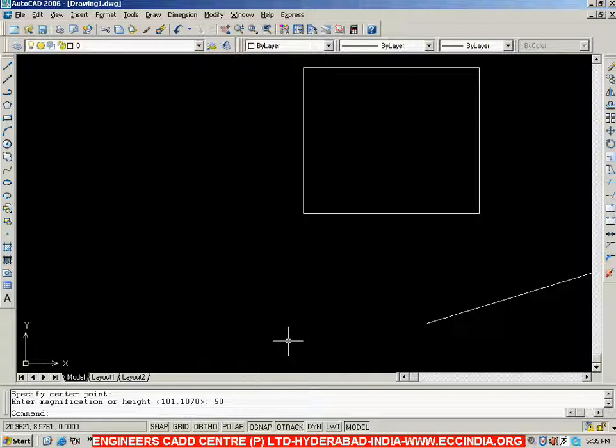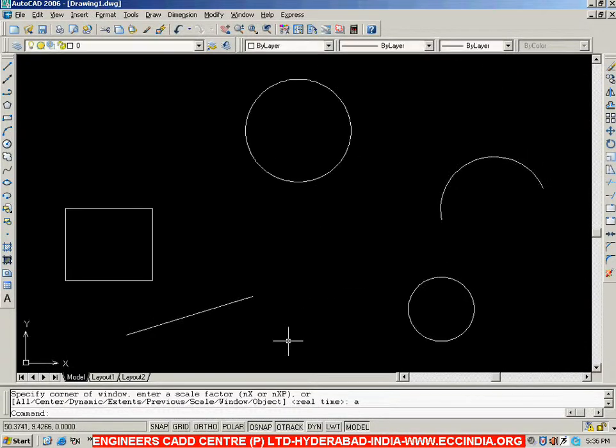So whenever you are going for a smaller magnification value, then the camera is going to move towards the object. There will be an imaginary camera which is going to watch all the objects. Now here the camera has moved closer to those particular objects. So moving closer to the objects is known as zoom in. The operation name is zoom in. Now here, after selecting the center point and after giving a smaller magnification value, the system has gone with zoom in. Once again we will go with zoom all, Z enter, A enter.